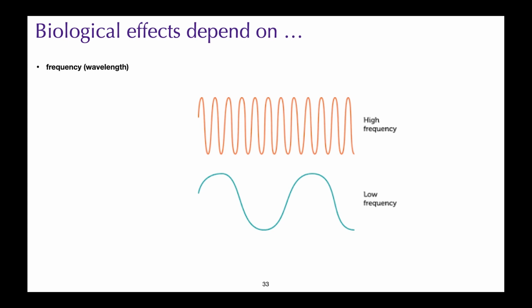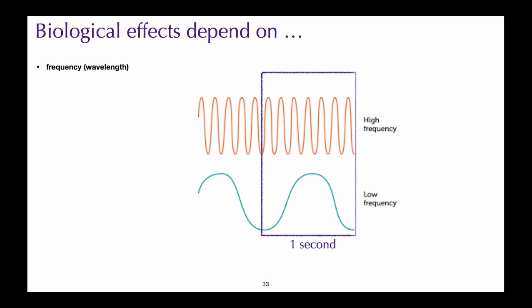The biological effects of any part of the electromagnetic spectrum are a function of wave frequency characteristics. And here are some of the most important characteristics to consider. Some effects are frequency specific. Here we have an example of two waves with one at a higher frequency than the other. If we assume that the time scale represented by the box is 1 second, then the wave at the bottom is at 1 hertz or 1 cycle per second, and the wave at the top is at 7 hertz or 7 cycles per second.